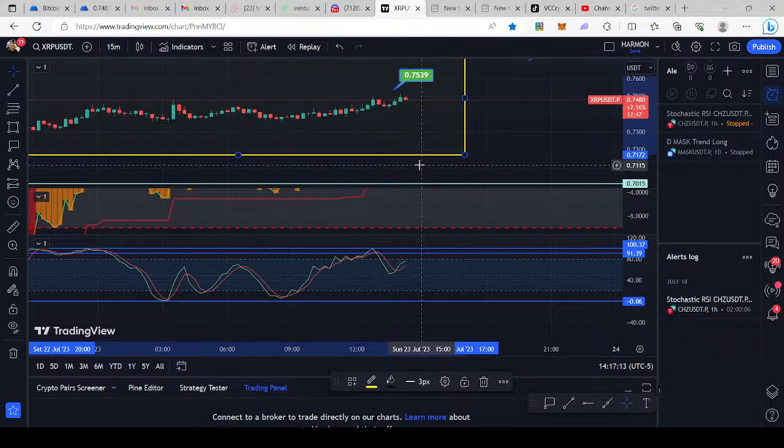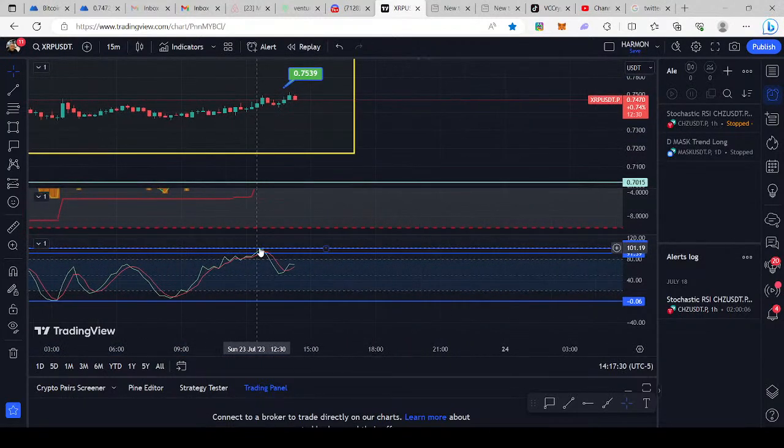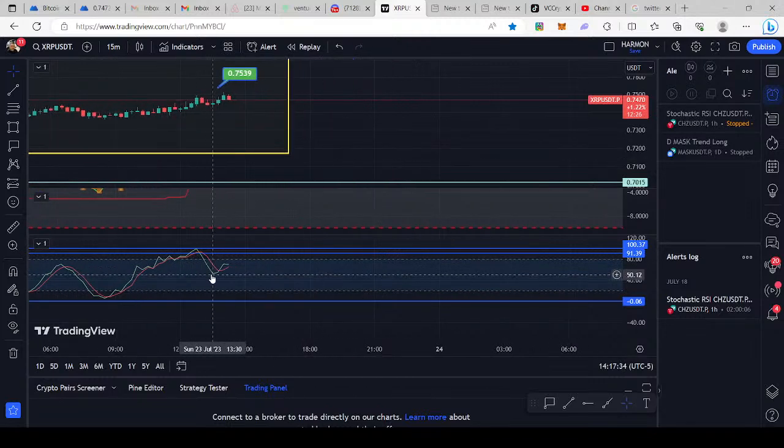Let me tilt that a little bit for you guys. Okay. So you see this RSI right here? I like to take 75% profit at the top of the RSIs, and then when they go down and start to head back up, I like to buy back. When they get to the top, I take 75% profits, and then as they move around, I sell and I buy back. So I just bought back on XRP right here,